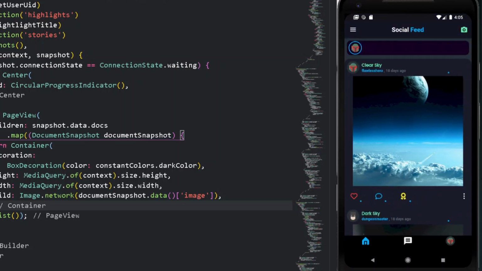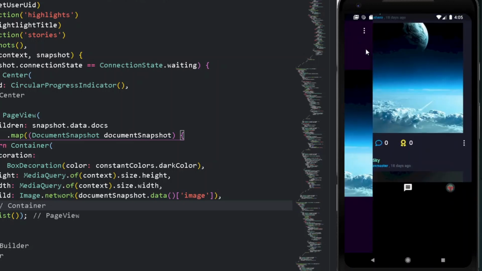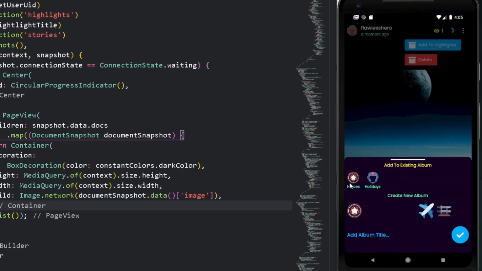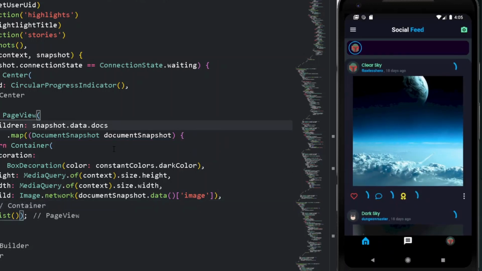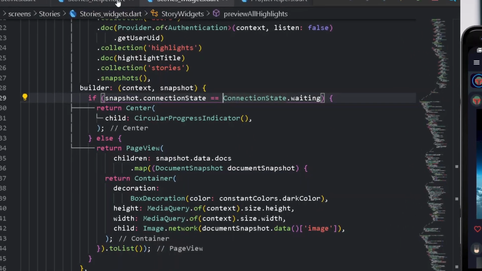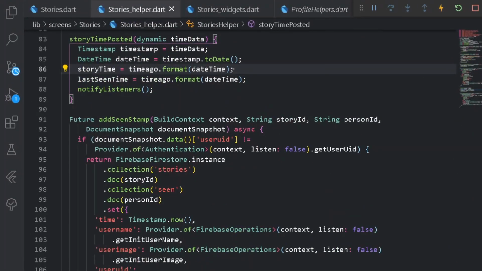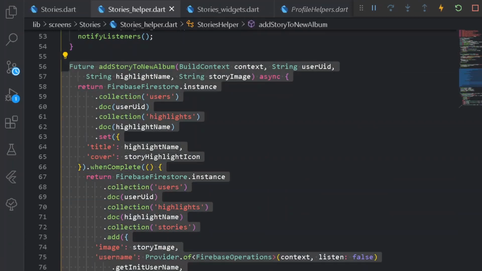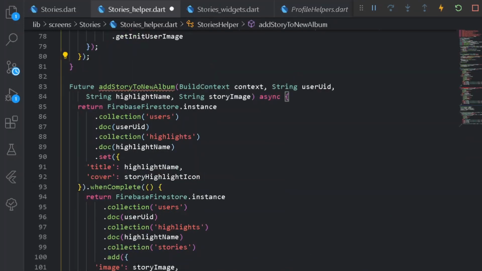So let's come back down, and after pressing over this, we need to simply add a new method of adding the following story under this collection of heroes. So let's make that happen. For doing that we can go under our story helper, and create a new collection method for adding a story to existing album. I can copy the entire method, paste it here, and simply say add story to existing album. Easy thing.